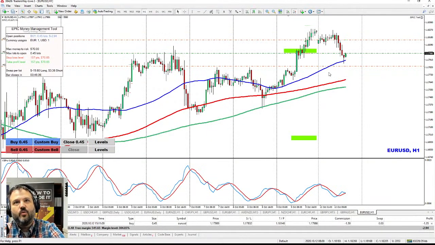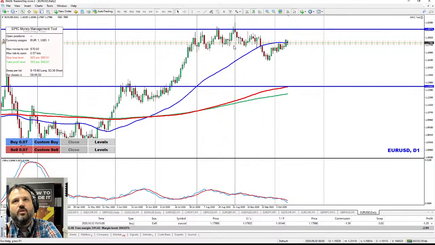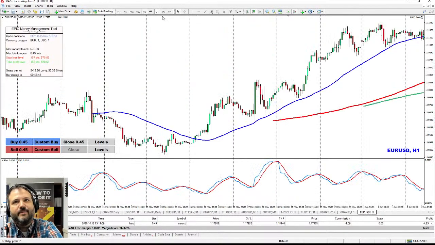All right, so if I just do a little bit more analysis on this euro, it's an uptrend on a daily time frame. It broke over this 50 period moving average here on the daily. It broke above that pretty strong, and then it's been retesting. It went down a little bit, and then now